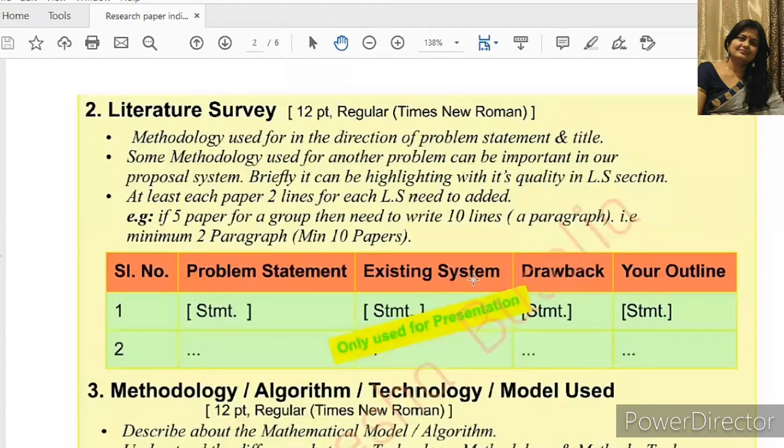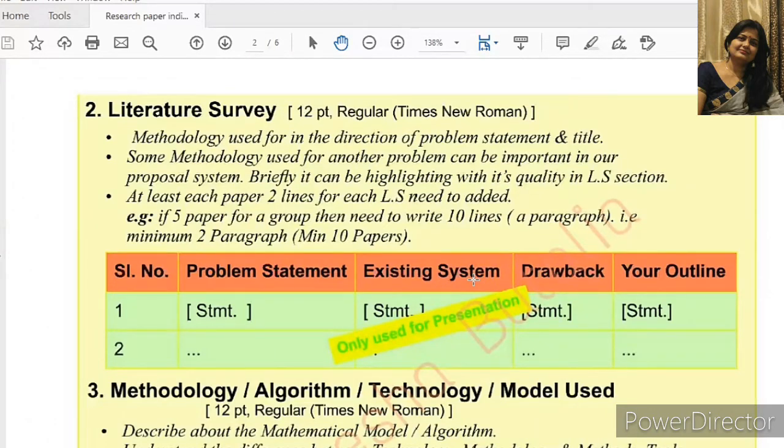So if your problem statement is identifying emotions through facial expressions, you have to search whether SVM can be used as a classifier, or maybe any machine learning algorithm, or any data mining or artificial intelligence, or any type of expert system which tries to identify image processing algorithms. Even in one of my papers, I utilized the rough fuzzy approach for classifying images.